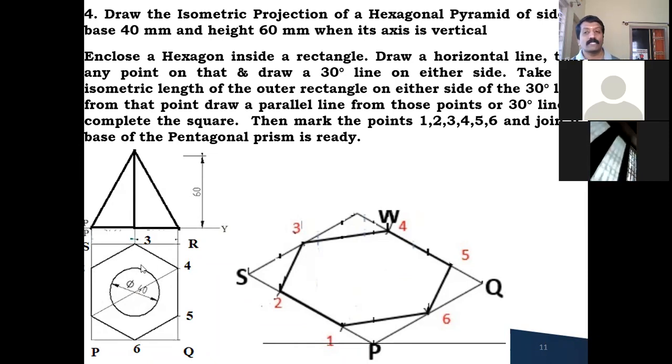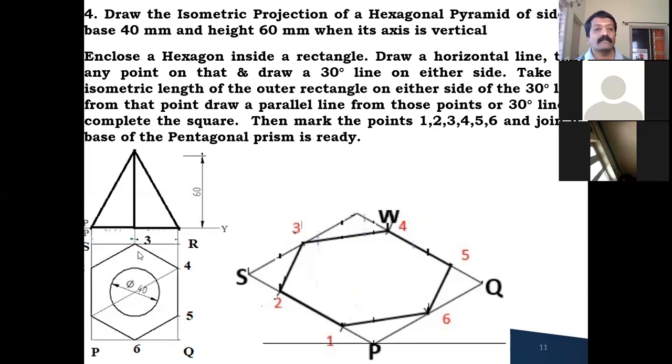So wherever these projectors intersect, that is the square inside. Your outer square, I am calling it PQRS. Now, when the hexagon pyramid is seen from the front side, it looks like a triangle here also. So what you do is draw the vertical projector from all the 3 points like this.